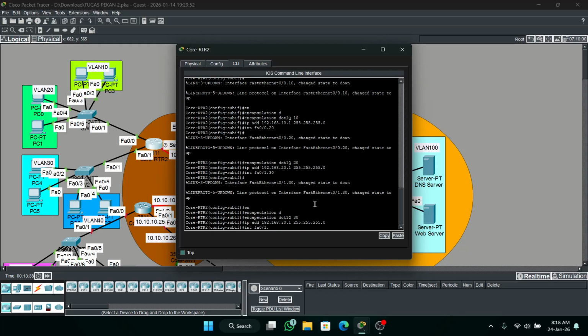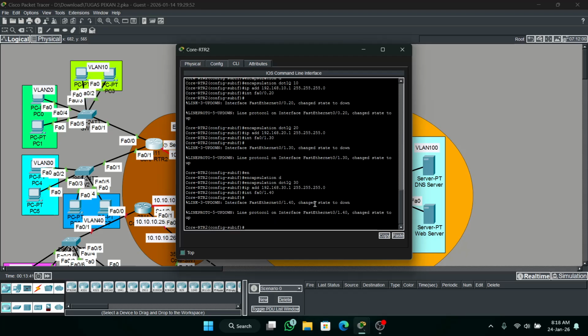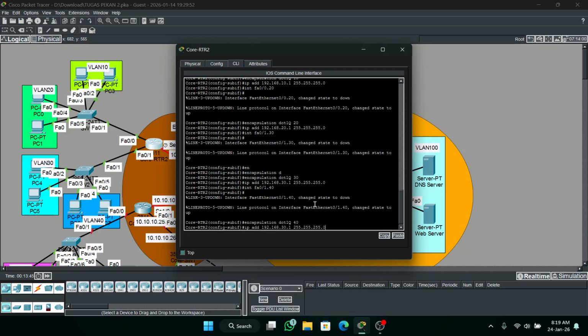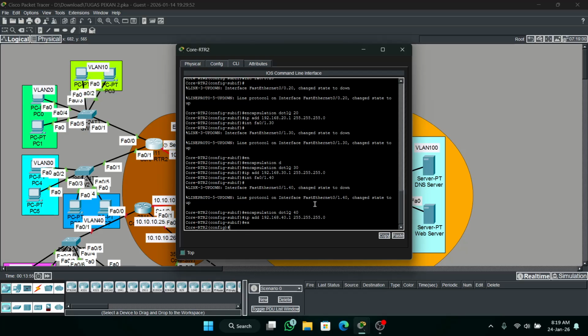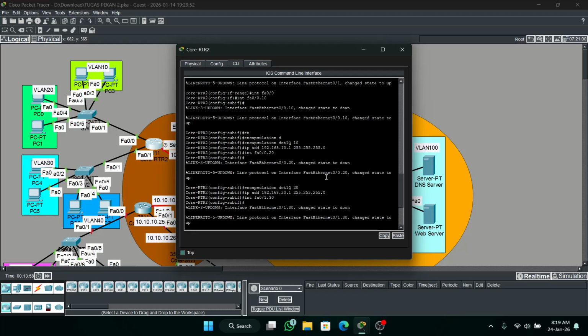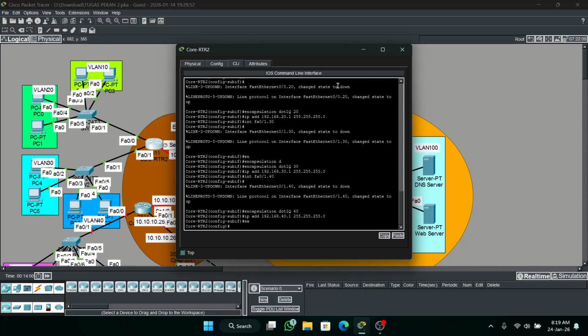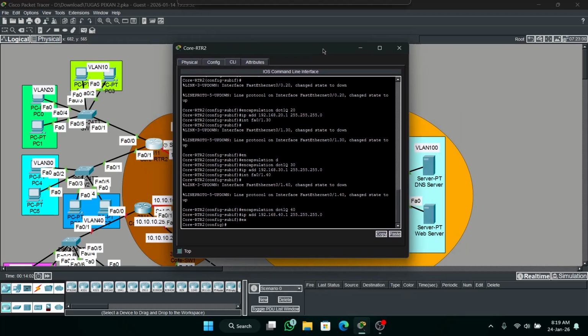Go to interface, make a subinterface for VLAN 40, encapsulation dot1q 40, and type IP address 192.168.40. Okay, then exit. The configuration for the subinterfaces is done.